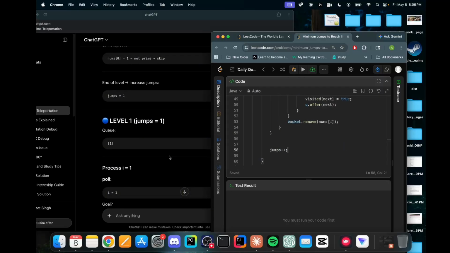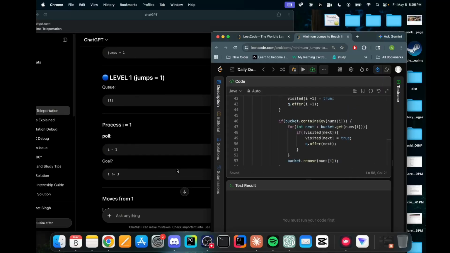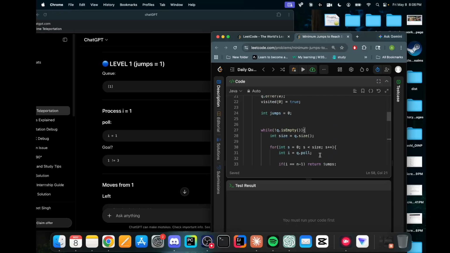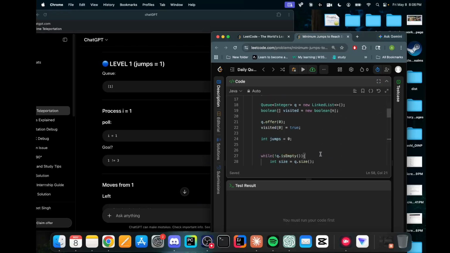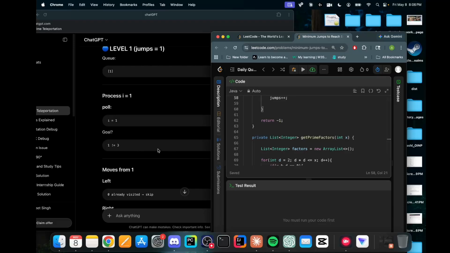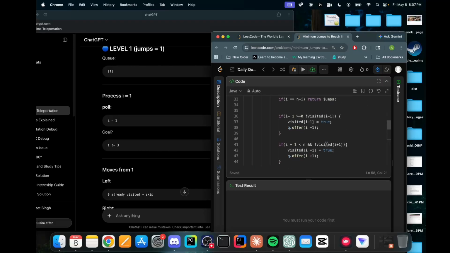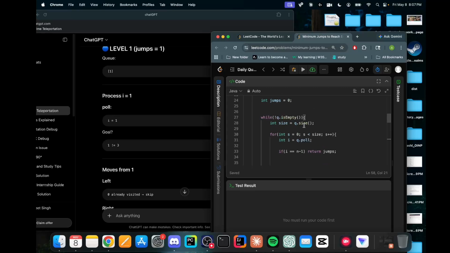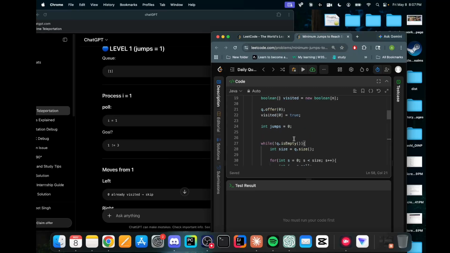So level 1, jumps is equal to jumps plus 1, process i equals 1. Do I have, okay, so